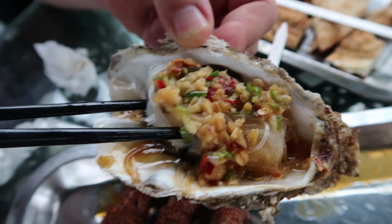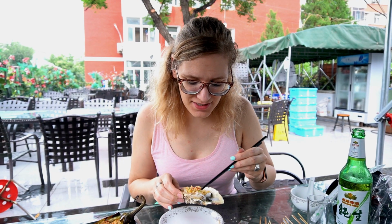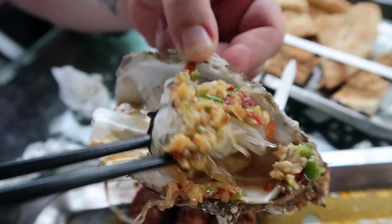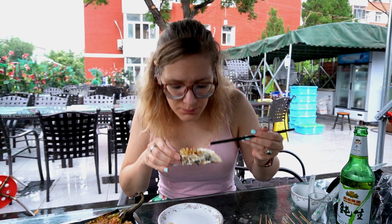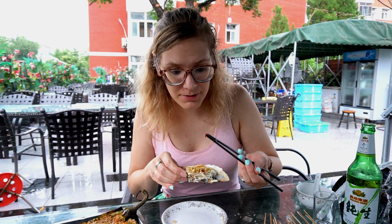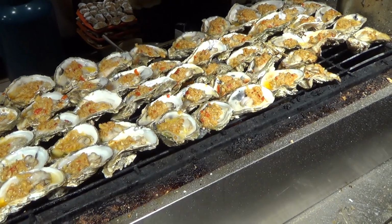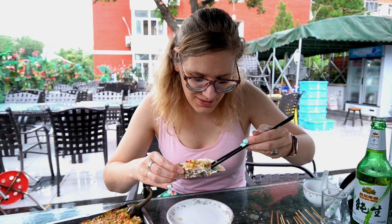And I love them. And they look delicious. And the oyster is at the bottom, of course, and then they put glass noodles on them on top. You see those here, a few, and then on top of that, well, I can smell it, is a lot of garlic, and I see some pieces of red pepper, so I hope it won't be too spicy. At the bottom here I see all the juices that came free when they were barbecuing it, so I'm gonna,